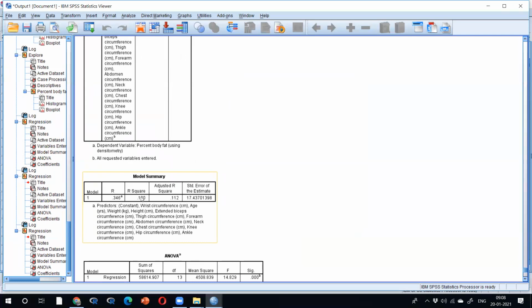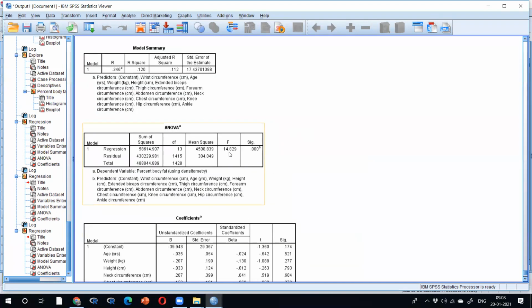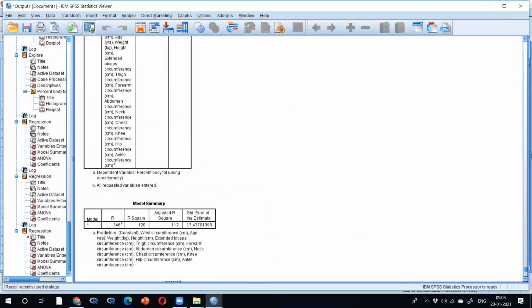What is your R square? 0.12. 34% relation. 17% error. 14 points is significant. Okay?